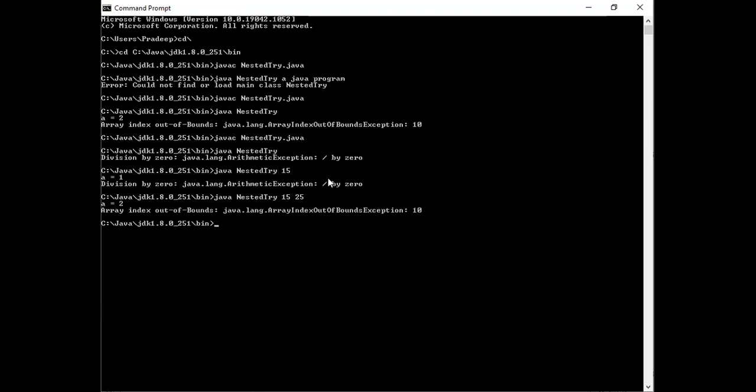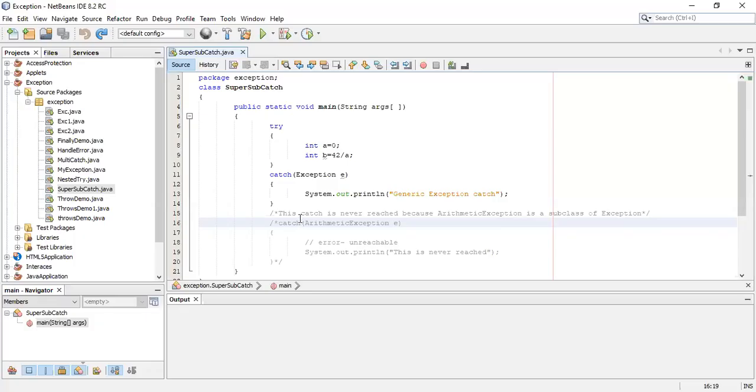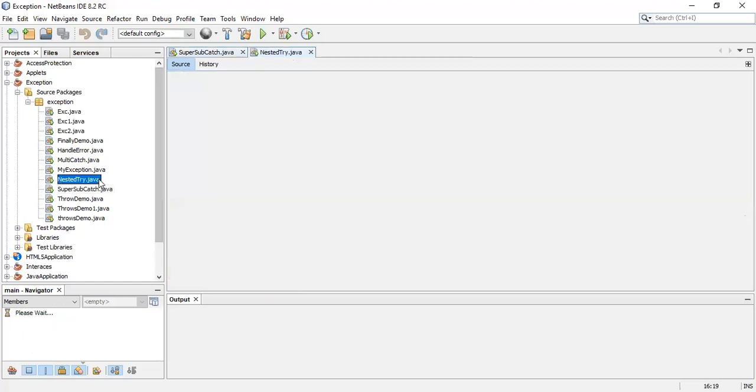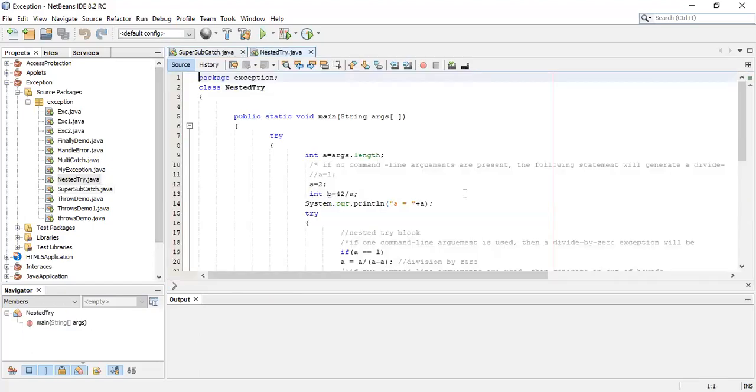So we will try to execute in NetBeans also, so that it will be very much clear. So nested try. Okay.